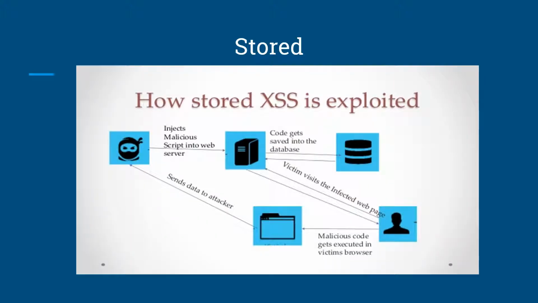Now for stored cross-site scripting, this is where we have a trusted website that at some portion of it has been compromised. Generally, it can be replacement of images. It could be injecting of iframes that have malicious JavaScript within them. There is a vulnerability that existed and the attacker took advantage of that. It could have been reflected XSS or maybe a SQL injection vulnerability. And so the attacker was able to insert its malicious JavaScript into a database or into a file, and so it gets reflected back and served up to the web pages.